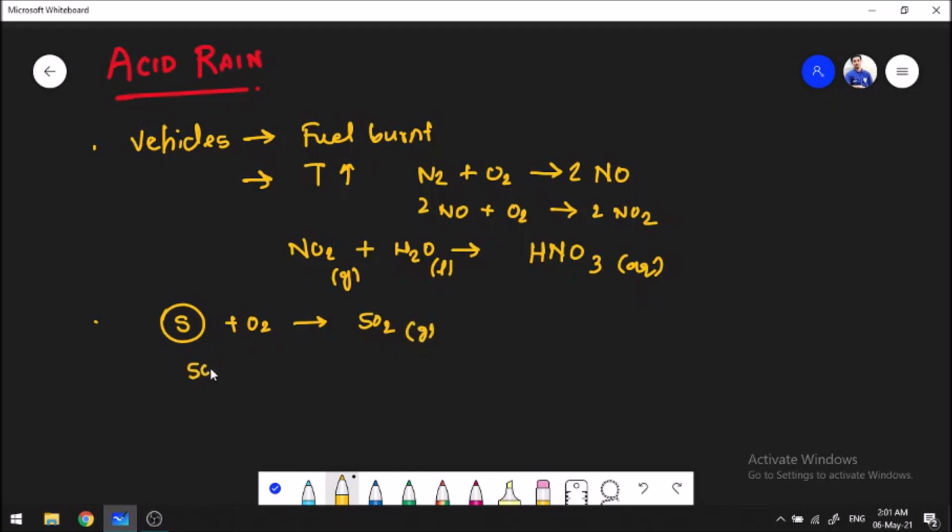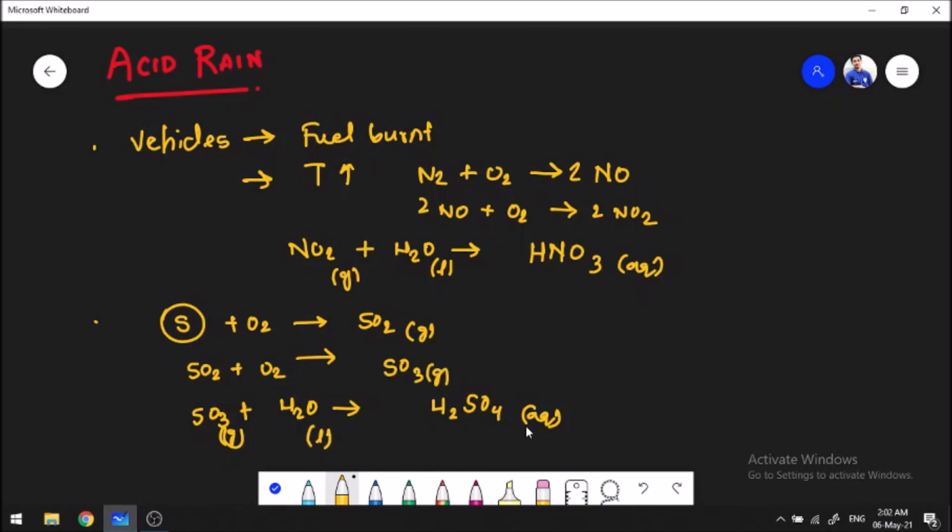The sulfur dioxide reacts further with more oxygen. Remember that we have oxygen in our air, so oxygen and nitrogen are in abundant supply. So oxygen reacts with sulfur dioxide to produce sulfur trioxide. The sulfur trioxide further reacts with water to produce what we know as sulfuric acid, H2SO4, aqueous solution. The sulfur trioxide is in gaseous form, the water is in liquid form, and the sulfuric acid